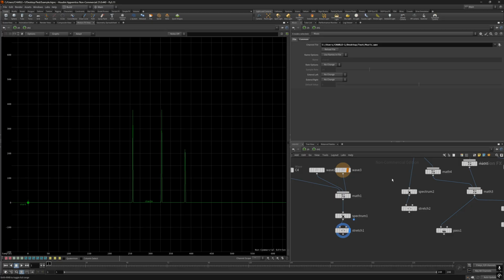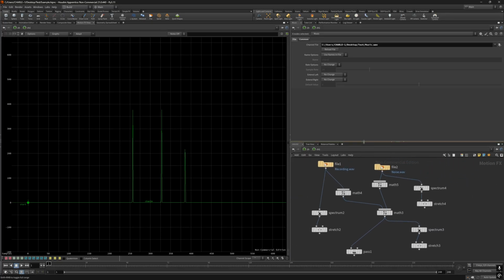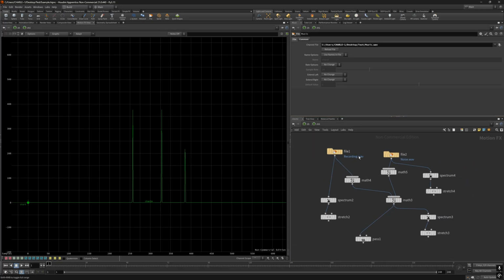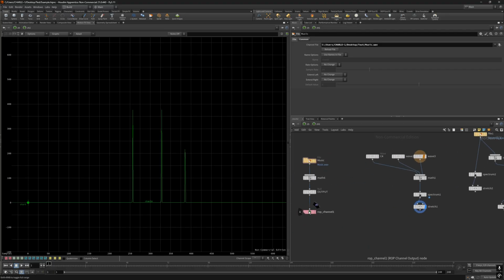Now, if we talk about one last example I was trying to do, which turns out to be trickier than I expected. So here we have some